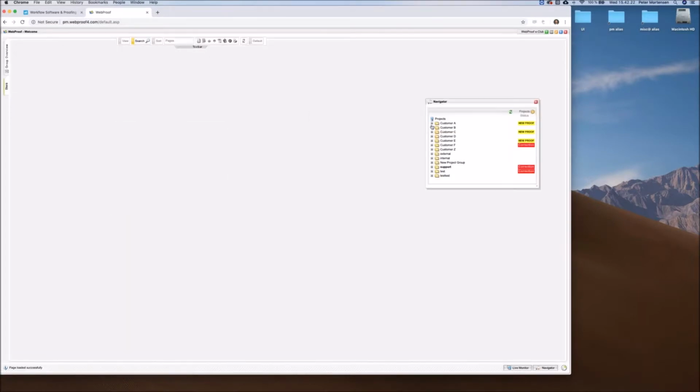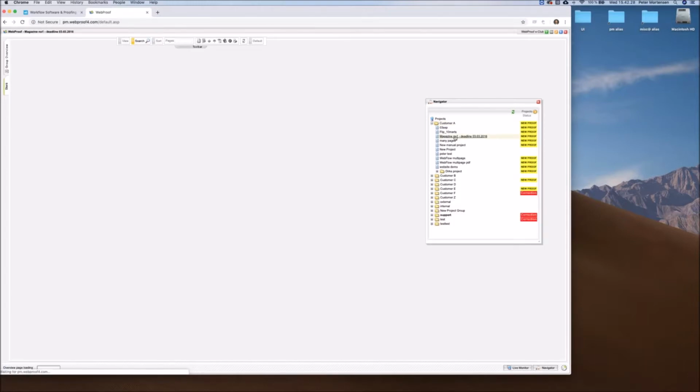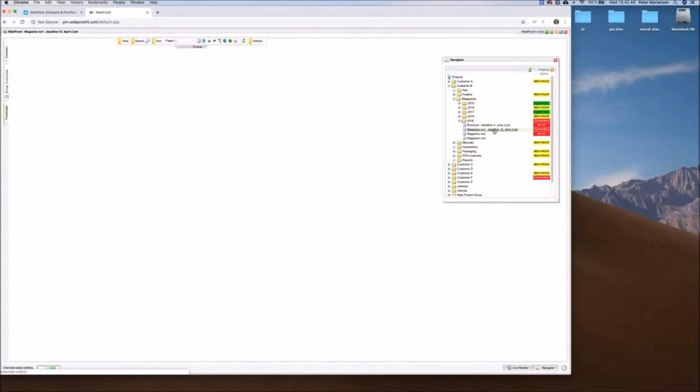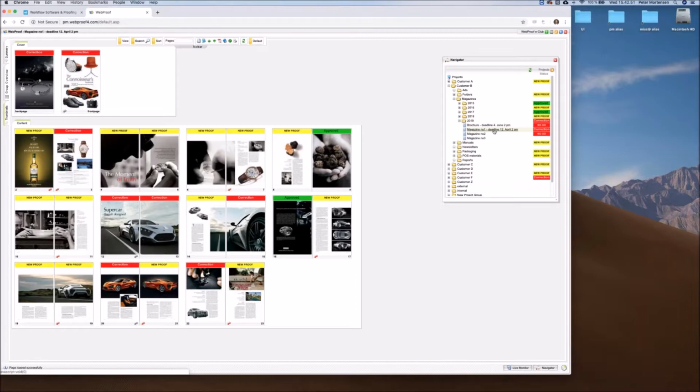So I go back into WebProof. Now I just opened another WebProof system, because we have so many systems to play with in WebProof. We have so much fun. So let me see, do I have a lot of comments in this project? Let me find another one. Makes it more relevant here. So I choose this project,